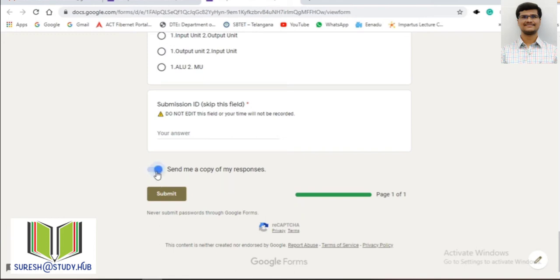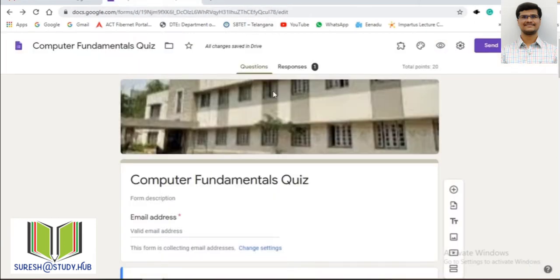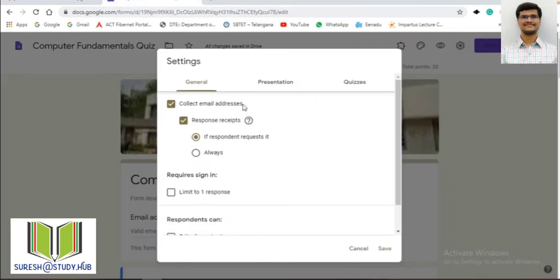If you select this one and click on submit, then the student will get a copy of these responses. So that is your first option, collect email addresses, whether I can ask the student to get a copy of responses to his mail ID or not by using this response receipts.